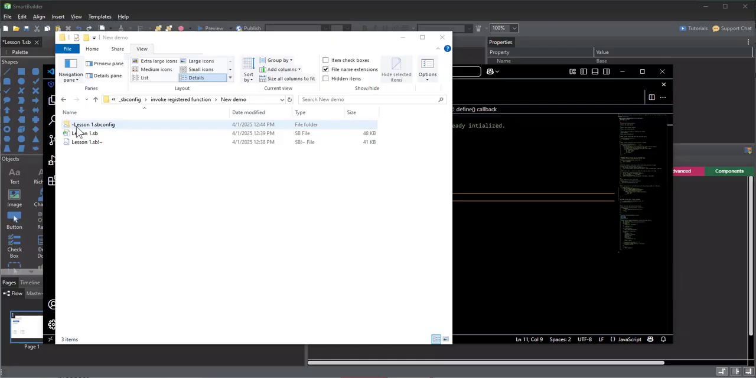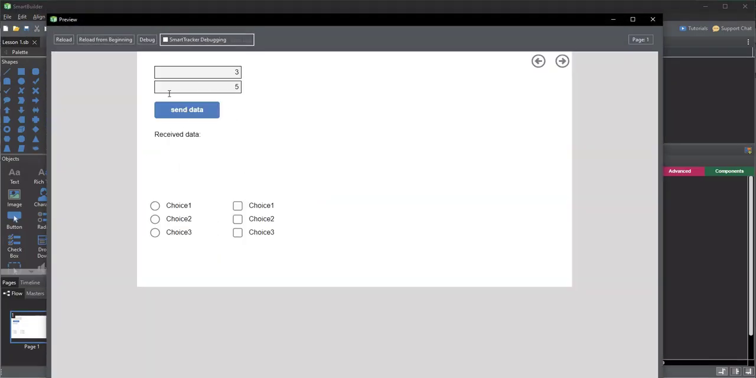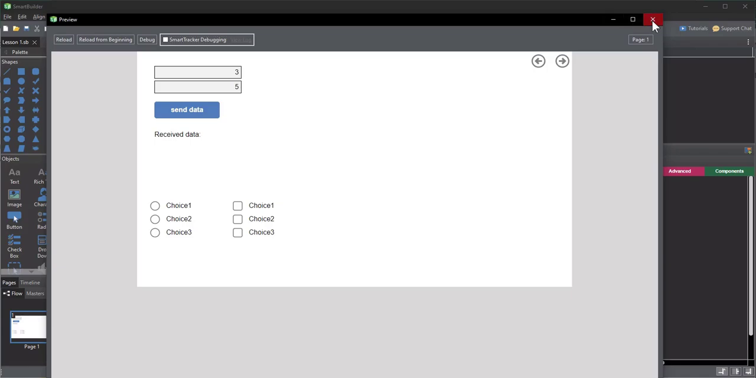I've renamed this so that it can't find it. Let's just call this something totally different, blah blah blah .sbconfig. So now when I'm in this lesson, if I preview it, nothing happens. I also have some custom CSS to modify the look and feel of radio buttons and checkboxes. That's not being found. So if we were to publish this lesson